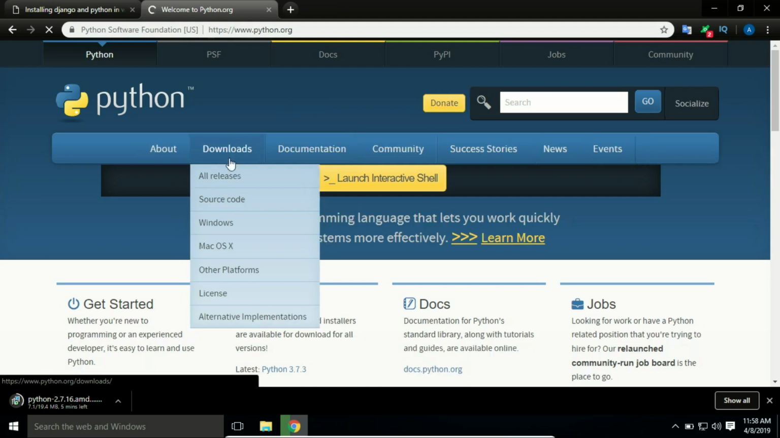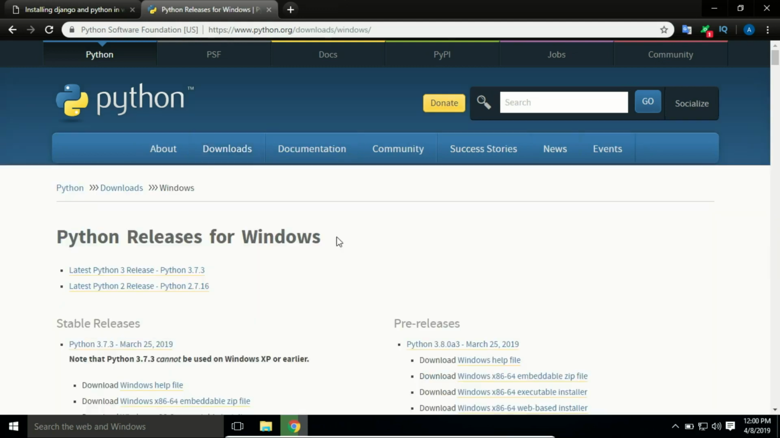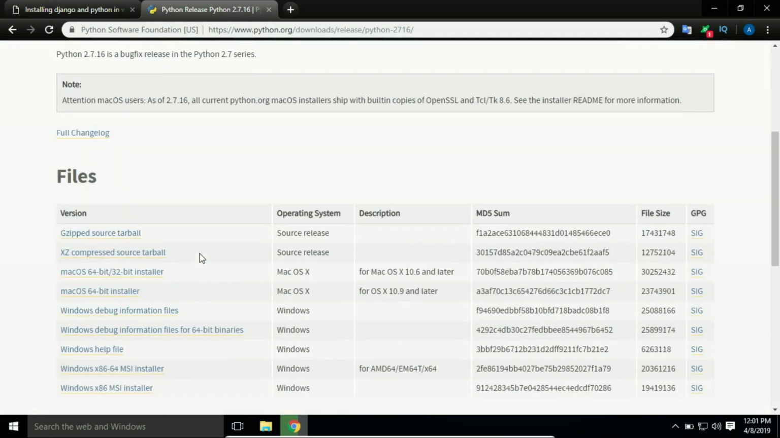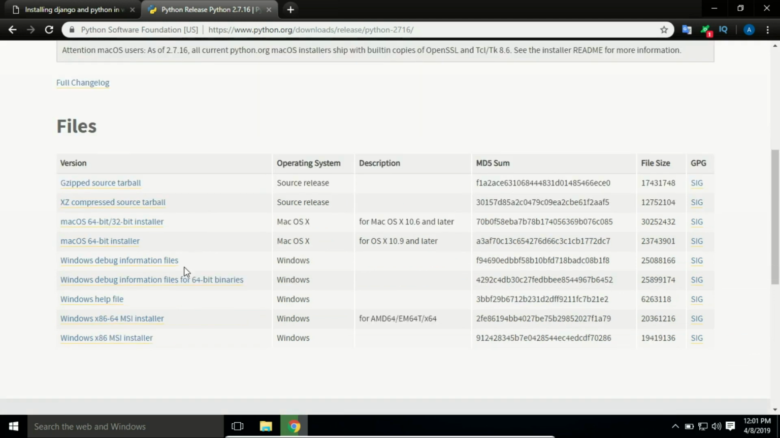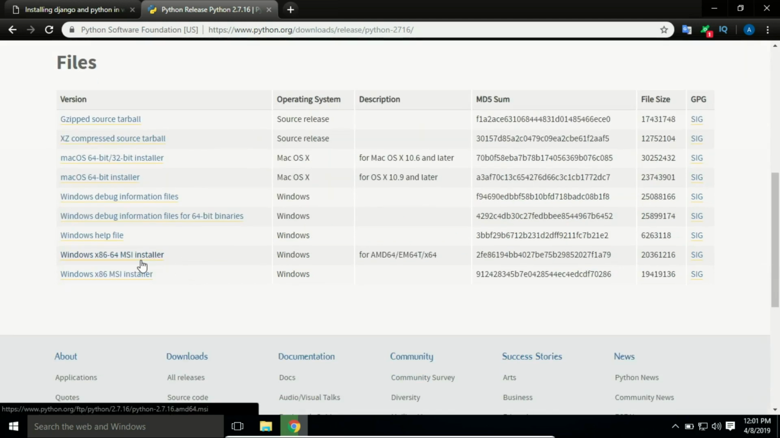On the downloads, click Windows, select the latest Python 2 release, Python 2.7.16. Here you will see different versions. If you scroll all the way down, you will see 64-bit and also 32-bit. On my machine, I'm using 64-bit. Just in case you want the 32-bit, you can just click on that, and the